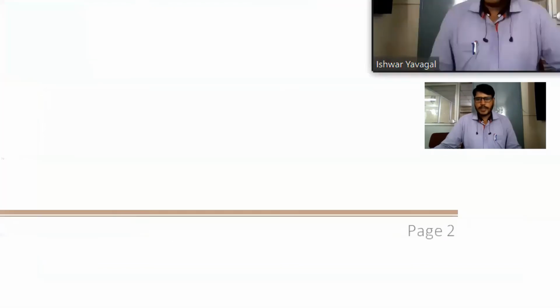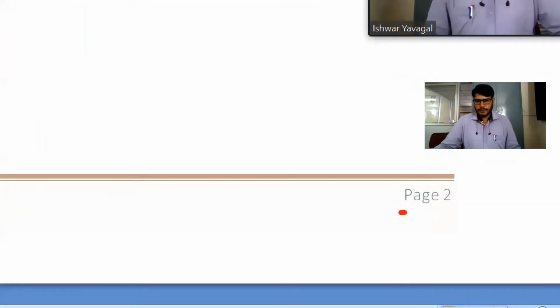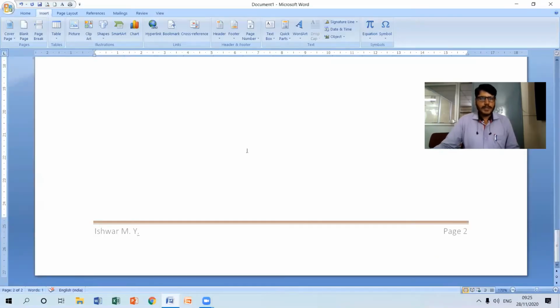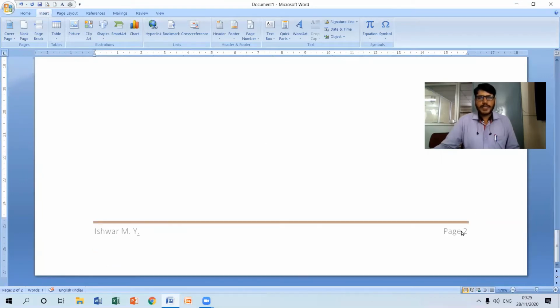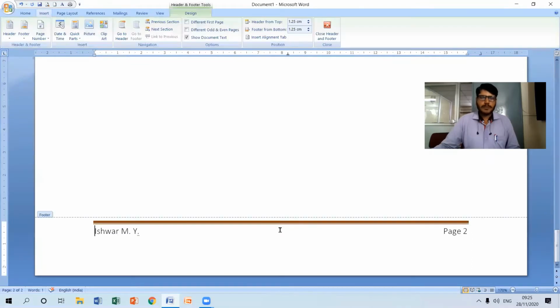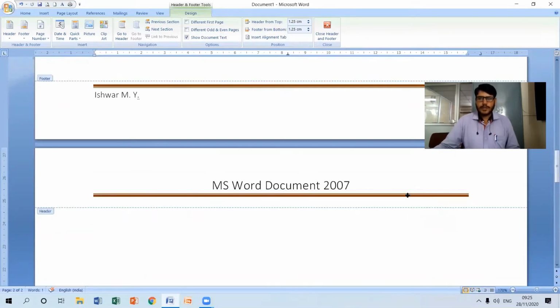That's why it is displaying a page number 2 here. So likewise, we can place the contents at the header level, and also we can place the contents at the footer level also. And also I can include a page number here. So assume that I can edit this one, or else let me include a page number at the top margin here.